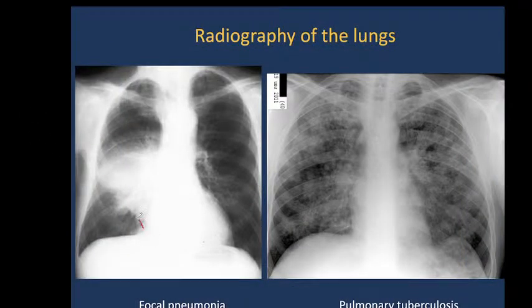Here is the image with focal pneumonia, and here the left image is tuberculosis infection, a very bad, very dangerous infection, which is firstly located in the lungs, and these shadows are the part of lungs filled with pathological